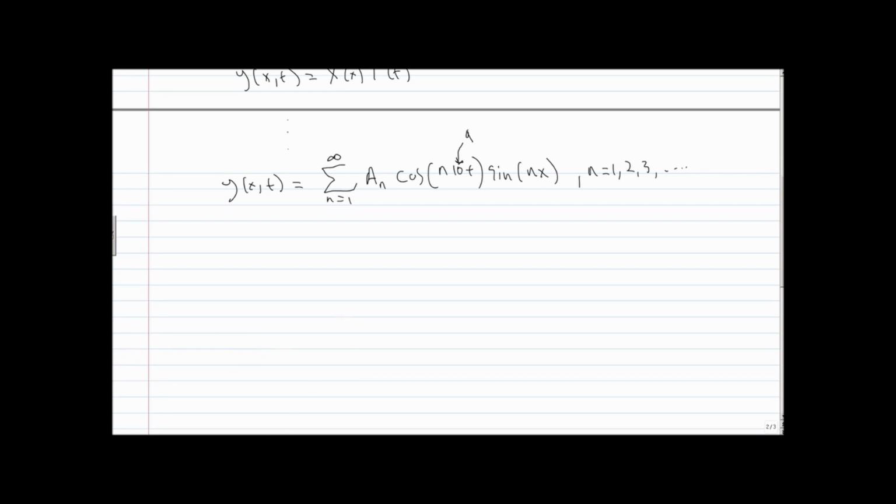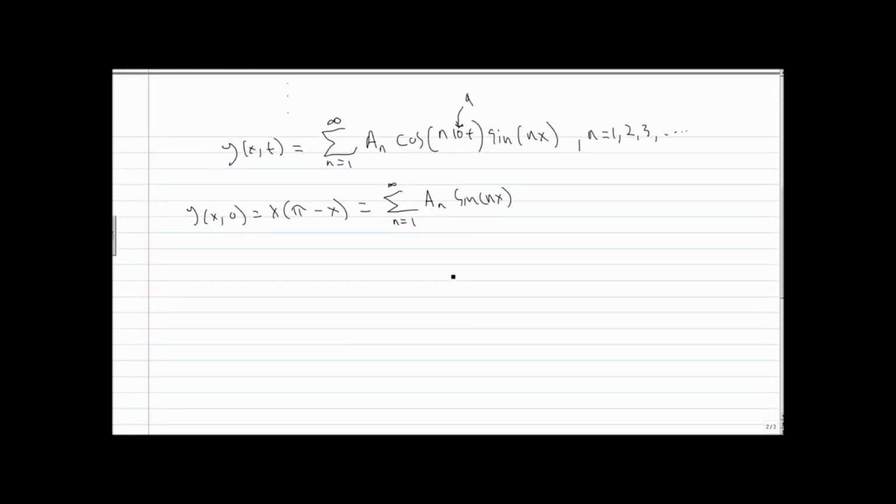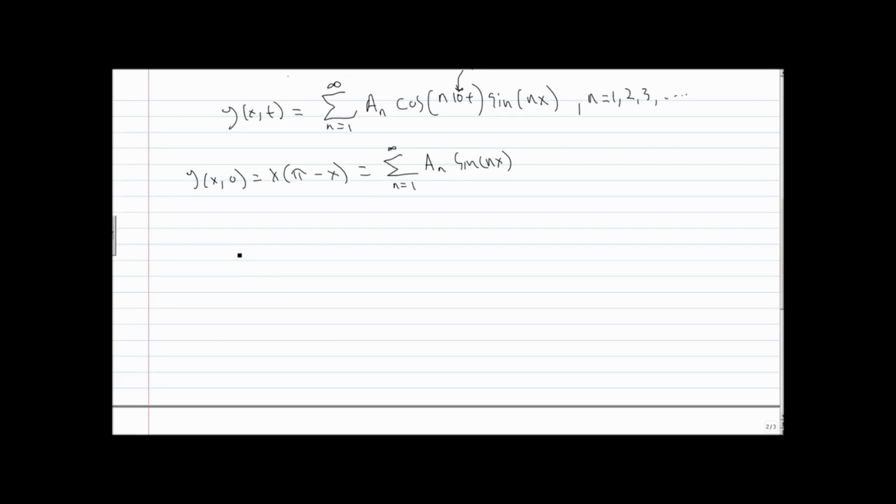Okay, so when we use our initial conditions at t equals 0, when we plug t equals 0 into here, you can see that this is what you end up with. This is just a Fourier series for sine, so we know how to do this; we've done this a couple times already. This tells us that those coefficients are 2 over L, or in this case 2 over pi. You integrate over the length of the string, which is pi again, and then it's your function times this term here,